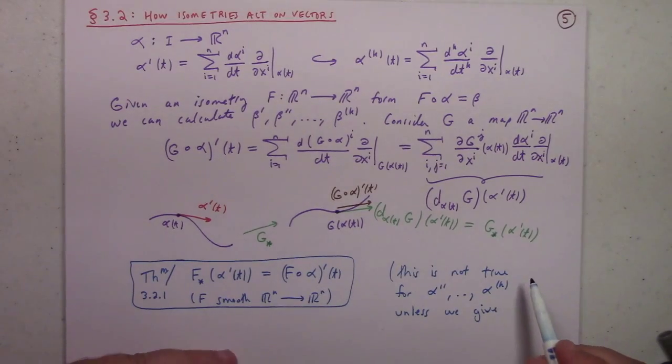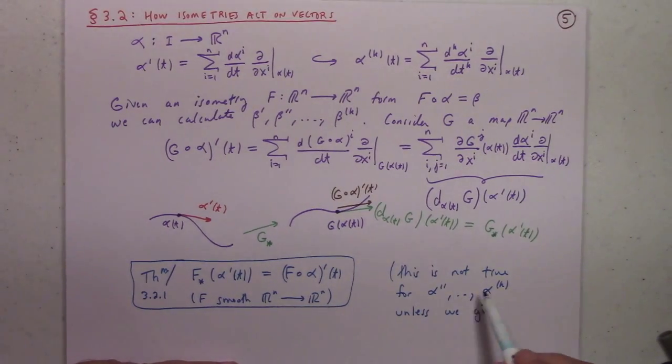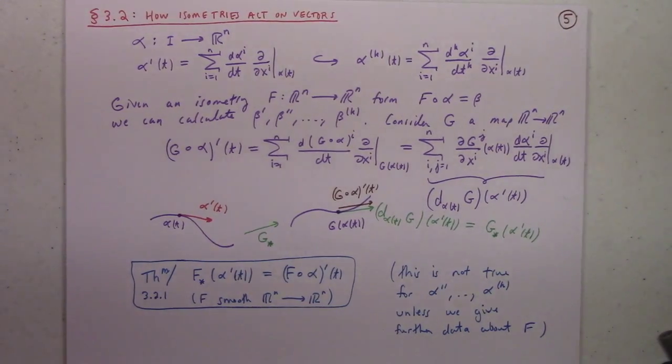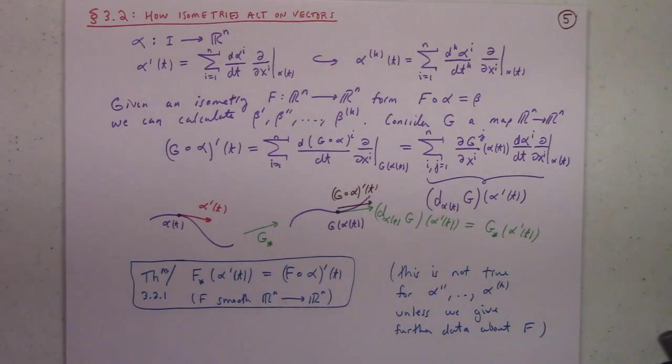But it's not true for more general accelerations, so forth and so on, unless we give further data about f. In particular, if f is an isometry, we'll shortly prove that it preserves what's called the k-jet. It preserves all of the derivatives in this way. Okay, so